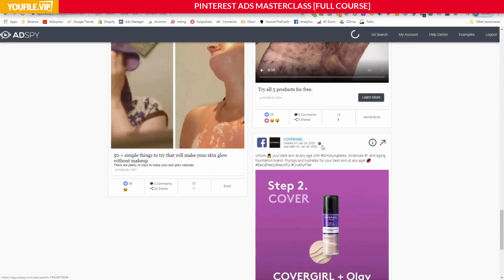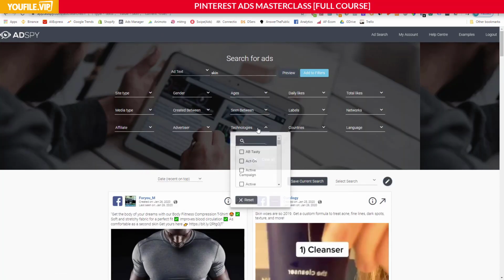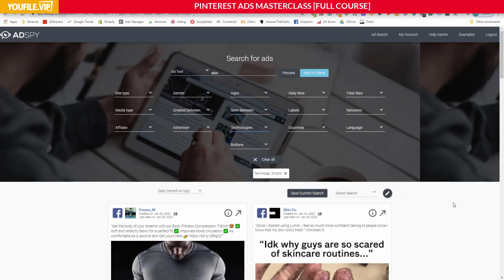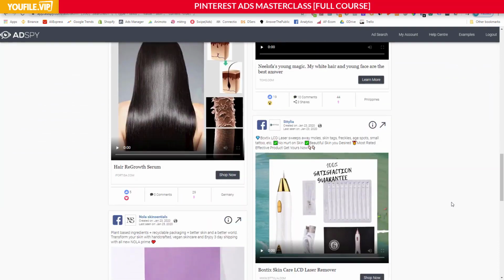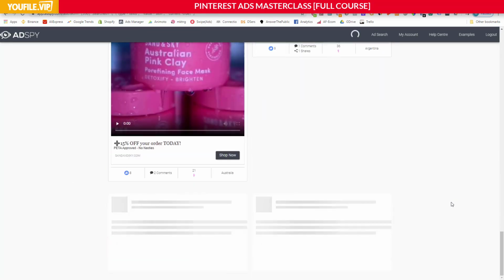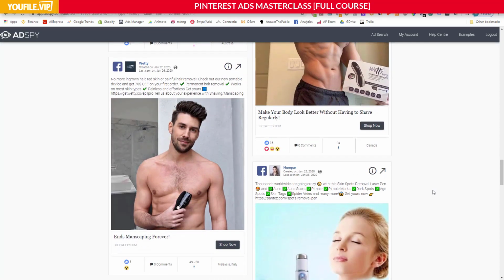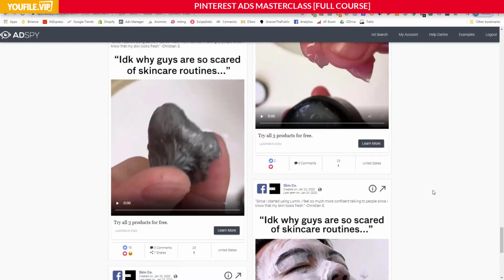Let's see. Now another thing you can do to get yourself more likely to be hitting drop shipping stores is to filter by Shopify or ClickFunnels. So filter here, you can see anything that these are running. Okay,